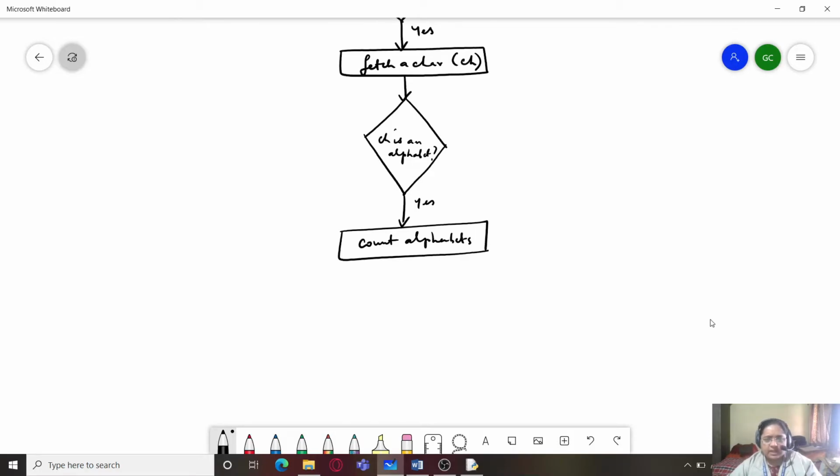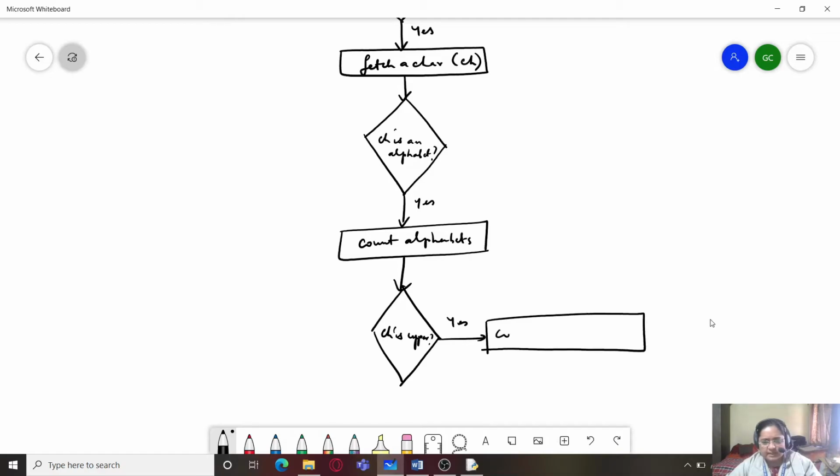So we are counting the alphabet, and because it is an alphabet, we can also check whether it is uppercase or lowercase. So we will again check: ch is uppercase. If that is yes, then we will count the number of uppercase characters.